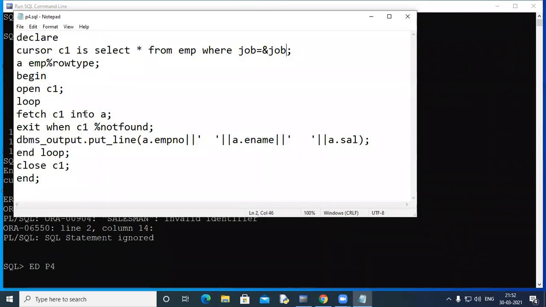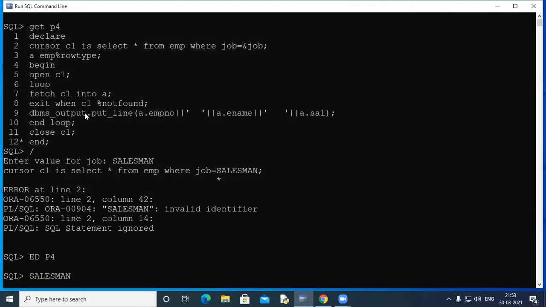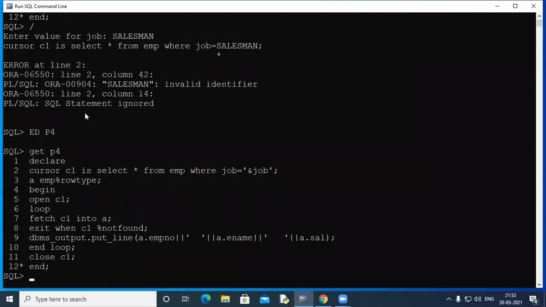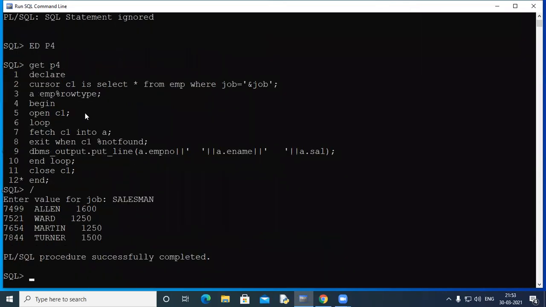You see, when you have a normal variable, it should be written without quotes. When there is a date or a char value, it should be written in single quotes. That is the problem. Let's hope we get rid of it now. Okay, so we have these 4 rows. You can see how this percentage row type has worked.